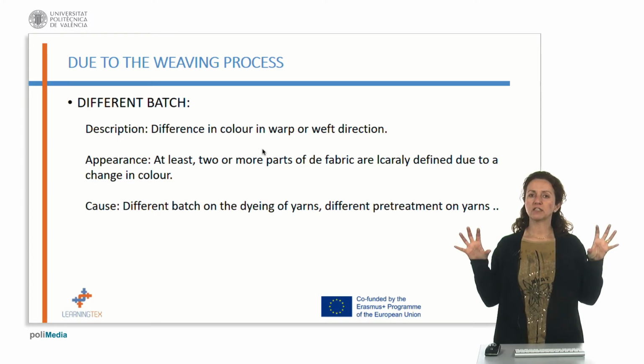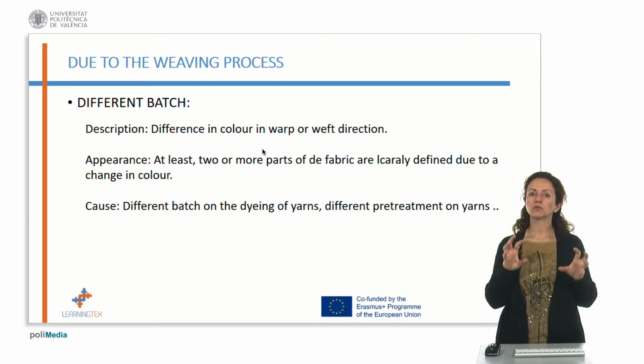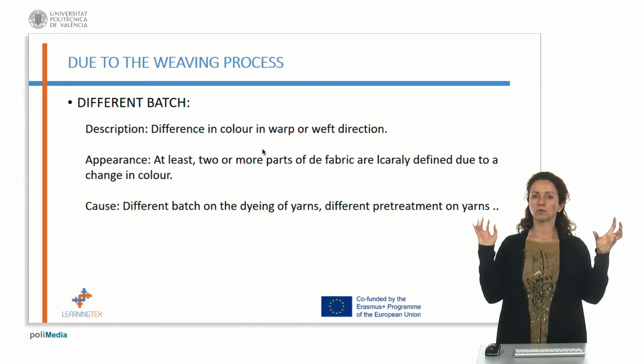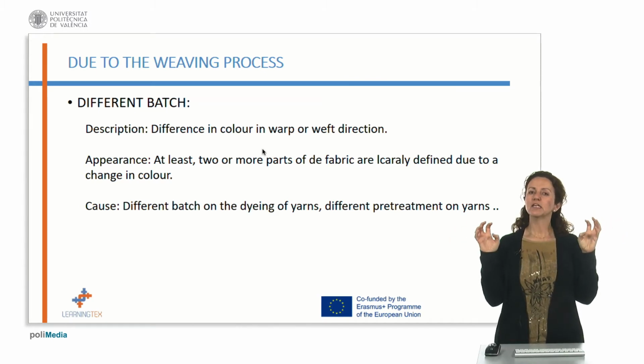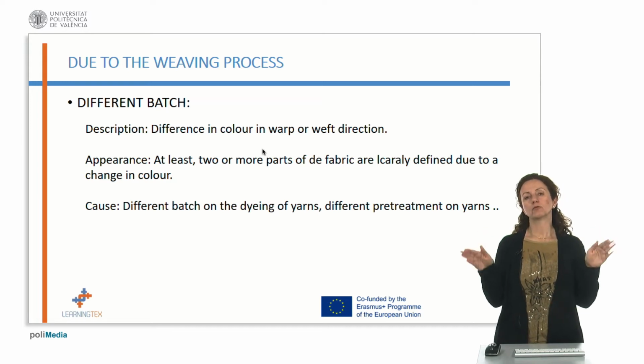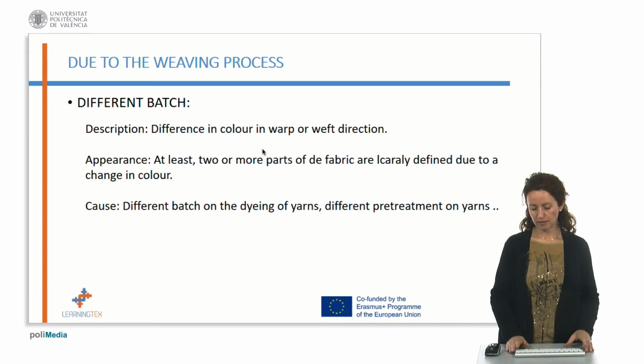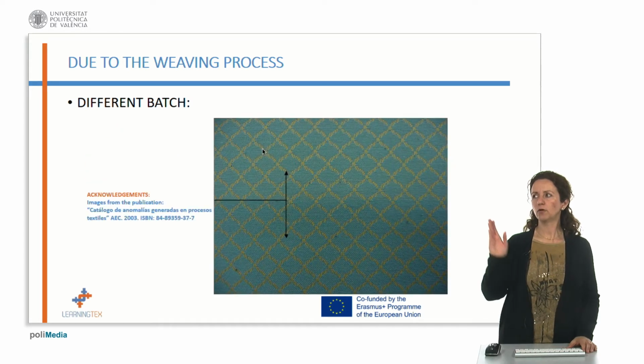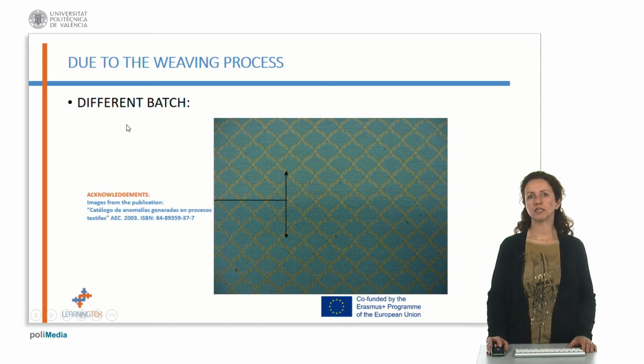So when we change the dyeing process, if the quality control, when we compare one with another, is not very exhaustive, we can observe slight differences in the color, but when we add them in a fabric, it's clearly observed. For example, what we can observe in this picture, okay? Here we can observe one yarn with one color, and here it was supposed to be the